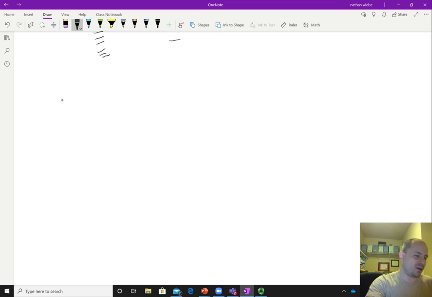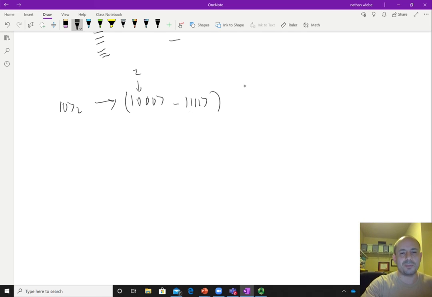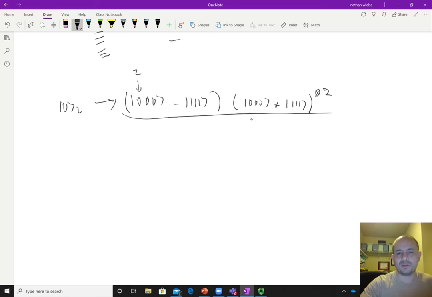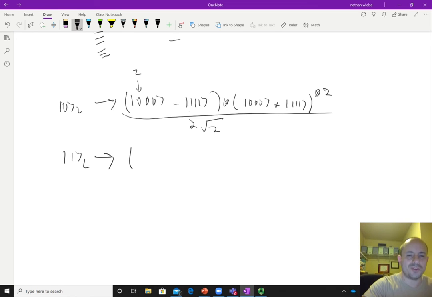So a phase flip error is going to, again, map |0_L> to (|000> - |111>) tensored with (|000> + |111>) squared, divided by 2√2. And here I'm assuming that we apply a Z to this, which is why we get a minus sign there. And this is |1_L>, and |1_L> ends up mapping to